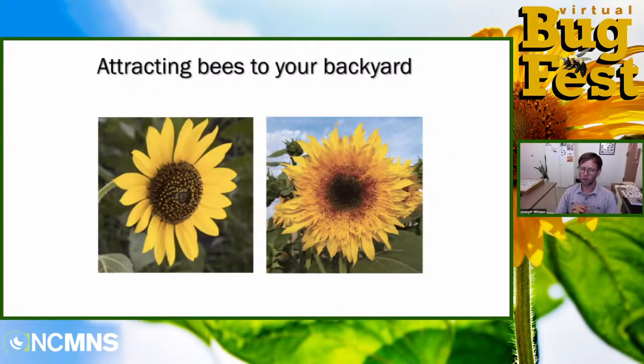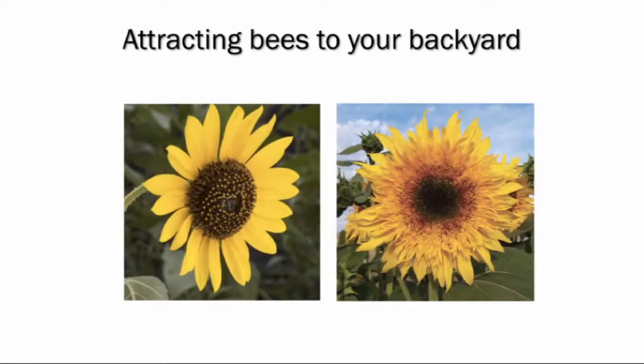Here's another pop quiz for you. These are two kinds of sunflowers. Which one of these do you think is more attractive to native bees? The one on the left or the one on the right? I'm just looking at the chat as it comes in. Yeah, there's a lot of people that are saying left. Yep, that's impressive. So often when I give this little quiz in a presentation, people choose the one on the right. But those of you that have answered in the chat are correct.